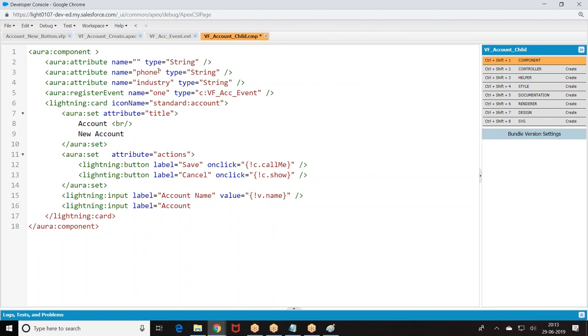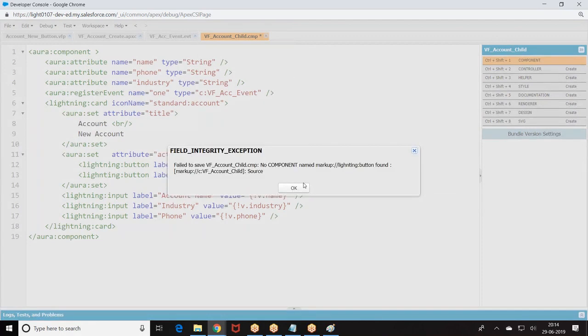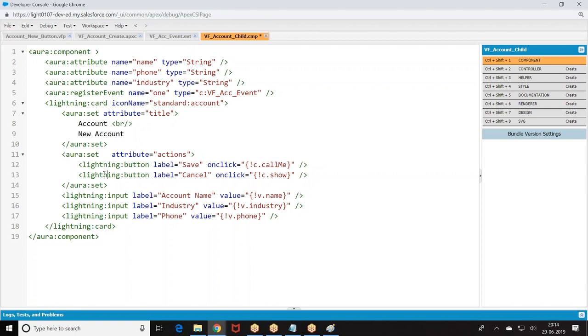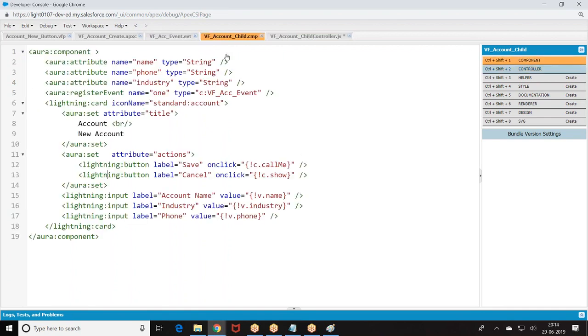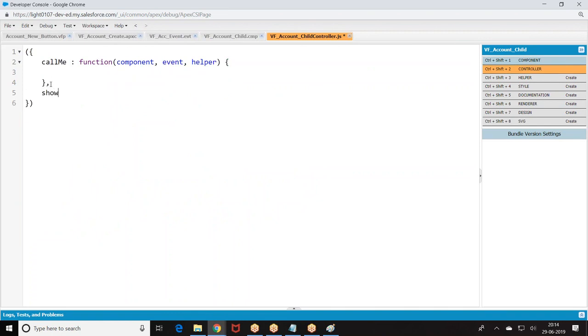What else can I do? v dot 4. Then this component is firing the event. Where name, first read the value.